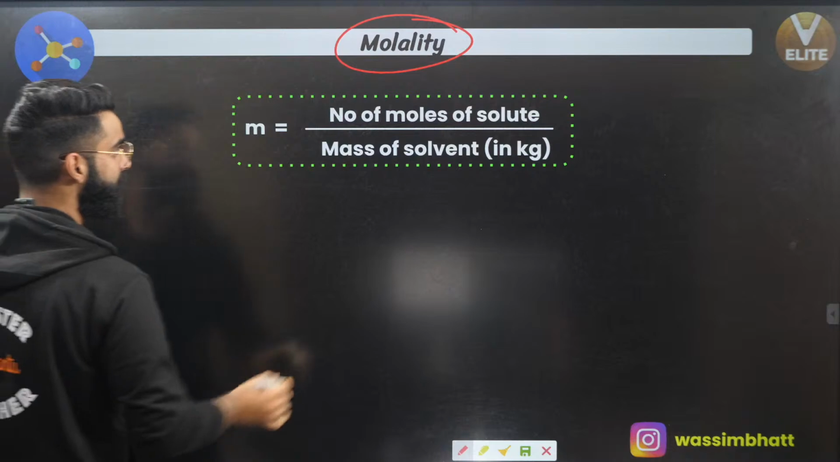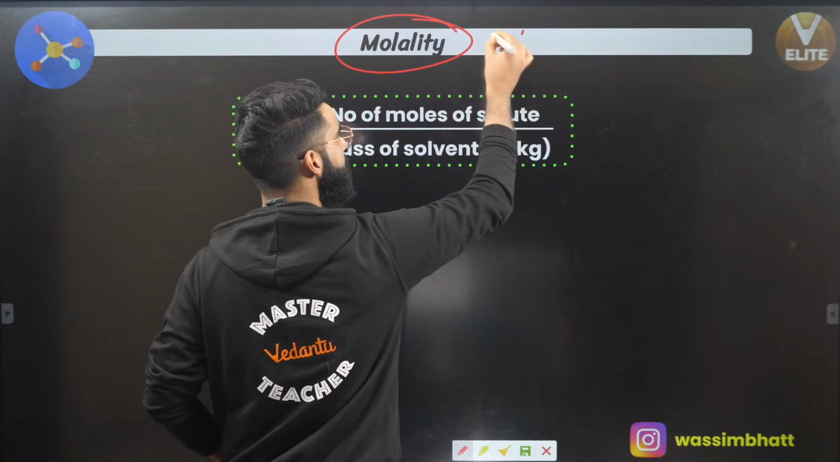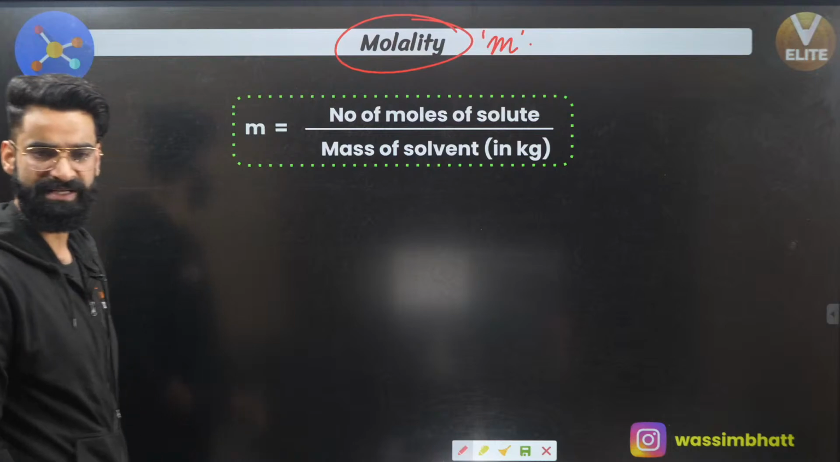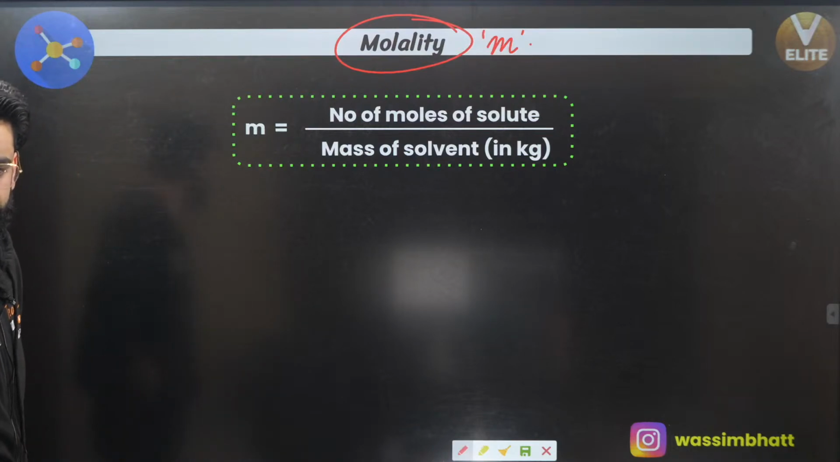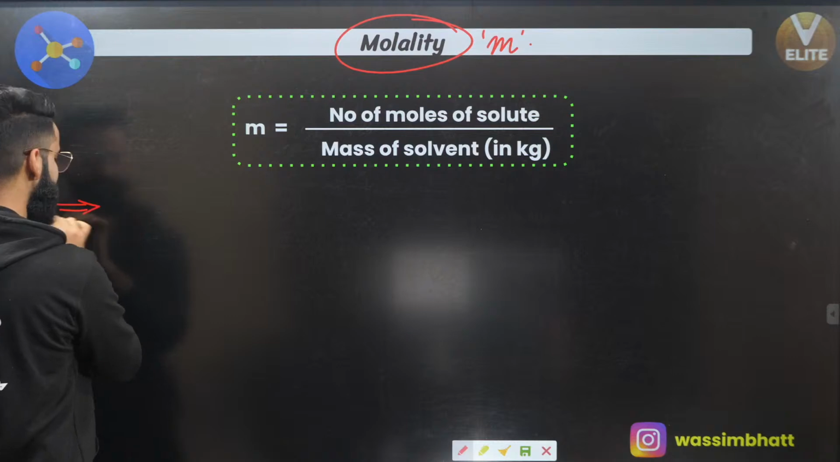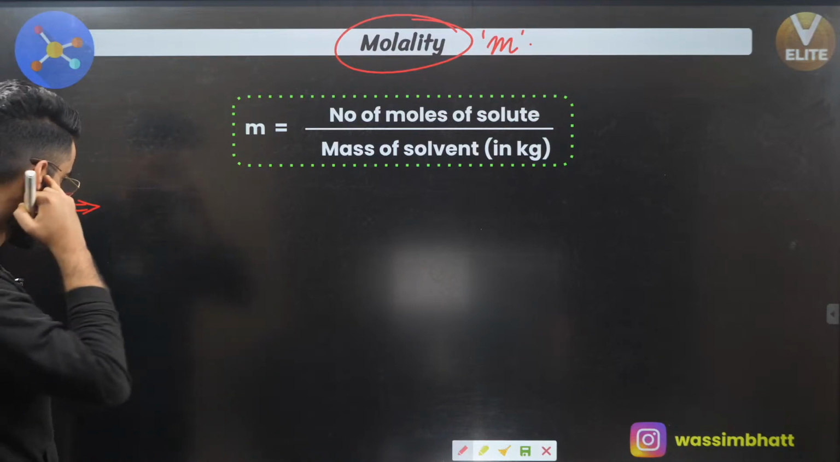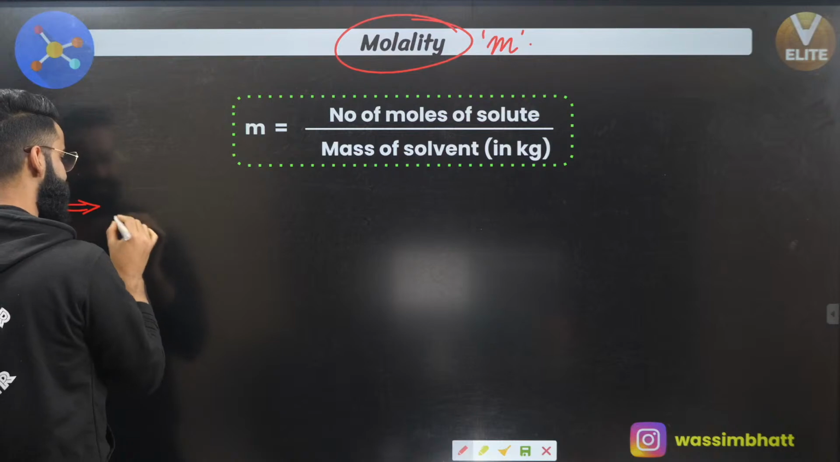Now people understand, there is one more term called molality, which I'm representing by small m. By capital M, we represent molarity. By small m, we represent molality. Now the point is, how do we define this term molality? Let me write its definition first, and you'll get the idea of what molality is all about. I'm writing, molality is defined as,